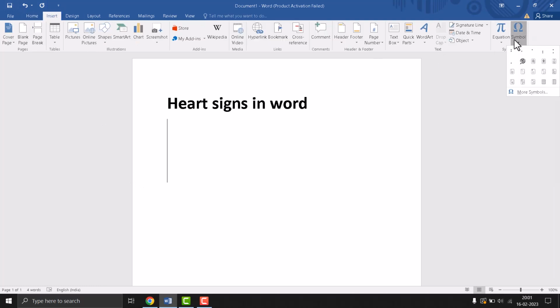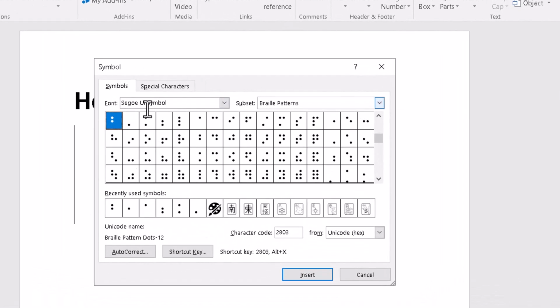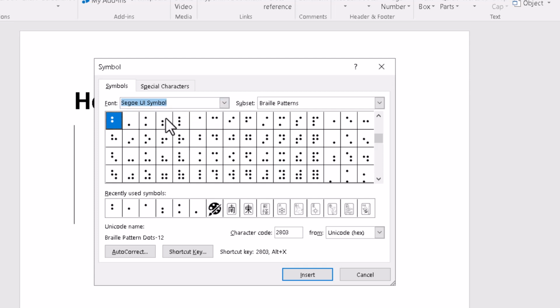Now this last option symbol, so just click on it. Now click on more symbols. So one screen will be open. So just select this font. So just click on this drop down and select this symbol type. Now type this character code